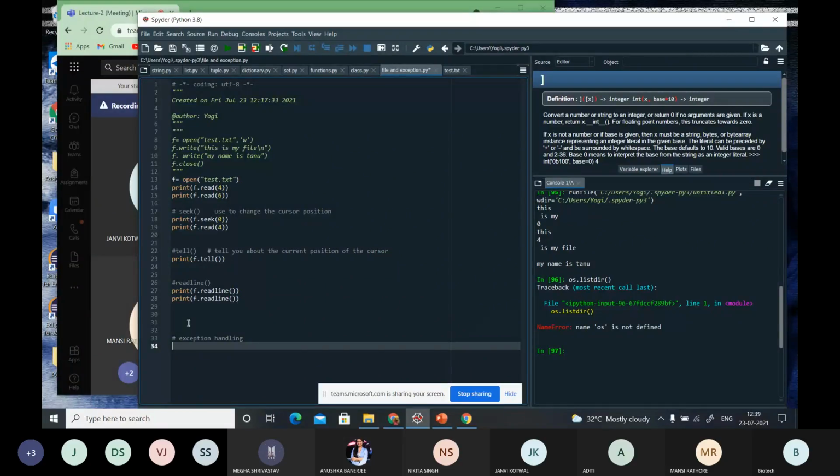Then the code that handles the exception is written inside the except block, which is used to catch the exceptions. Okay. So I'll just write this simple example. Wait for a second.